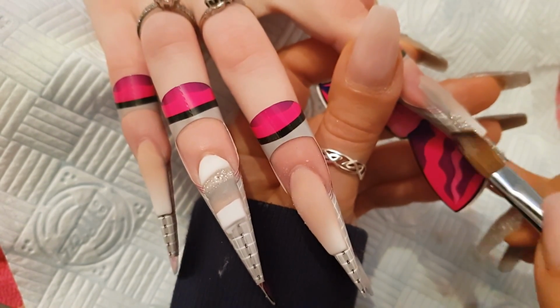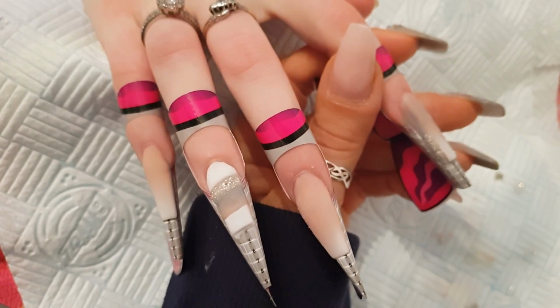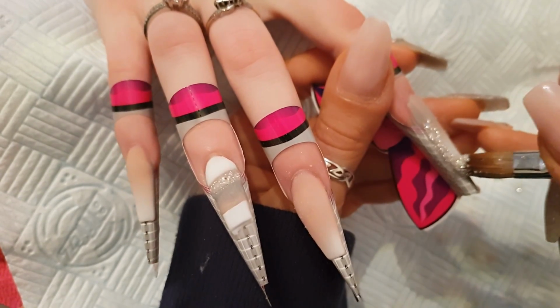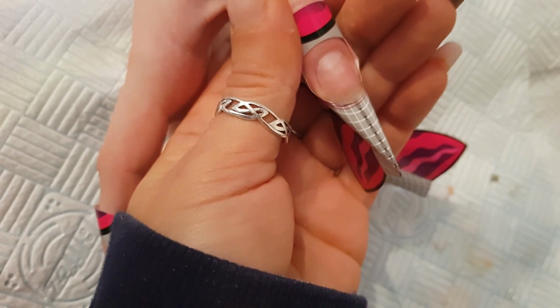So yeah, back to this. I've just picked up a tiny bead of clear acrylic and then picked up my silver, and I'm just really slowly ombreing that up just so I can make sure that the silver is exactly where I want it. It's as high as I want it. And I will go back and I will,